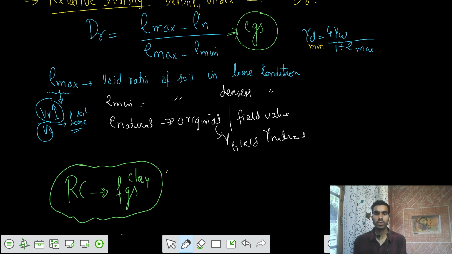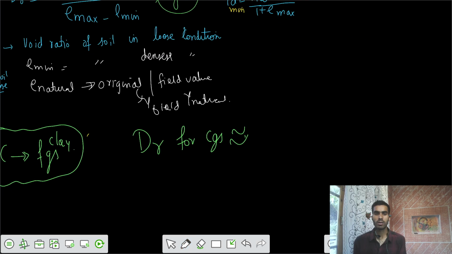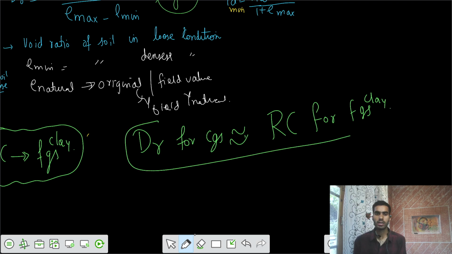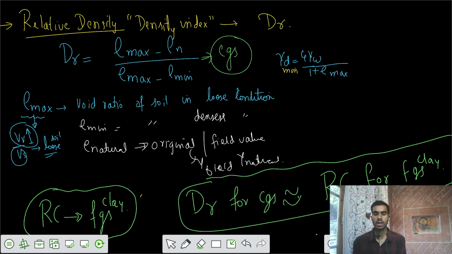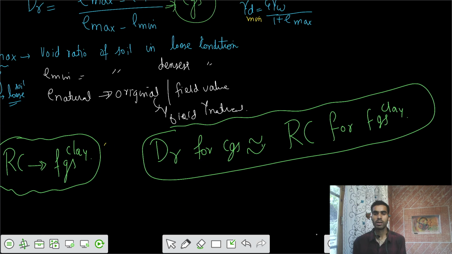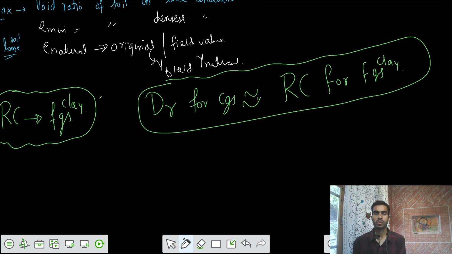So for coarse grained soils, relative density is similar to relative compaction for fine grained soils. And this relative density tells us the